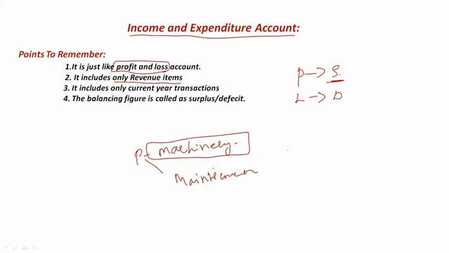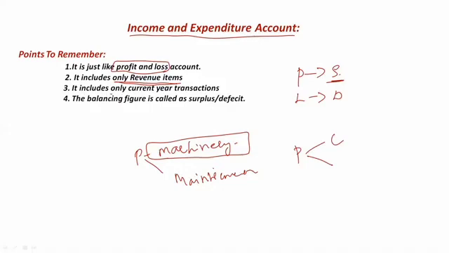Another example is, suppose you purchase a vehicle. Assume I'm purchasing a car. Again, I will not be purchasing a car very often, right? But fuel and repairs for the car are revenue expenditure, right? So these expenditures occur again and again. Only those should be taken in the income and expenditure account. It could be revenue expenditure or it could be revenue income. Clear? Then the third thing is also very important.